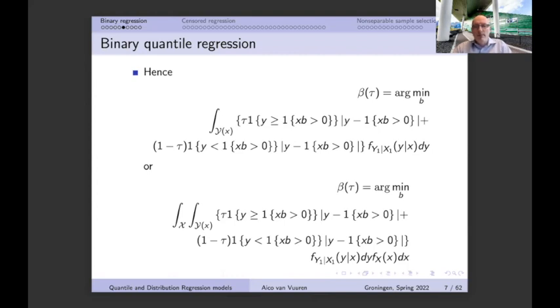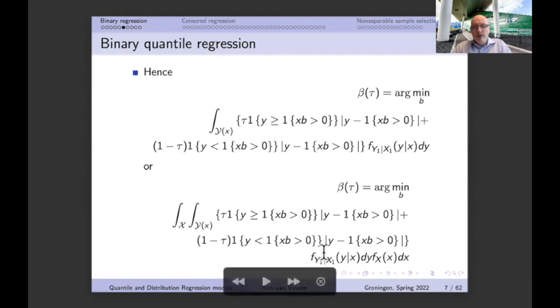We know, of course, that summation is exactly the same as integration, so we can also do it with respect to the very long integral that we have over here for all the support points that we have with respect to x1. Then we're going to have exactly this function that we have here inside the integral, and we integrate now with respect to the different values of x that we have over here. So then we get this whole function, and beta tau should actually also minimize this function.